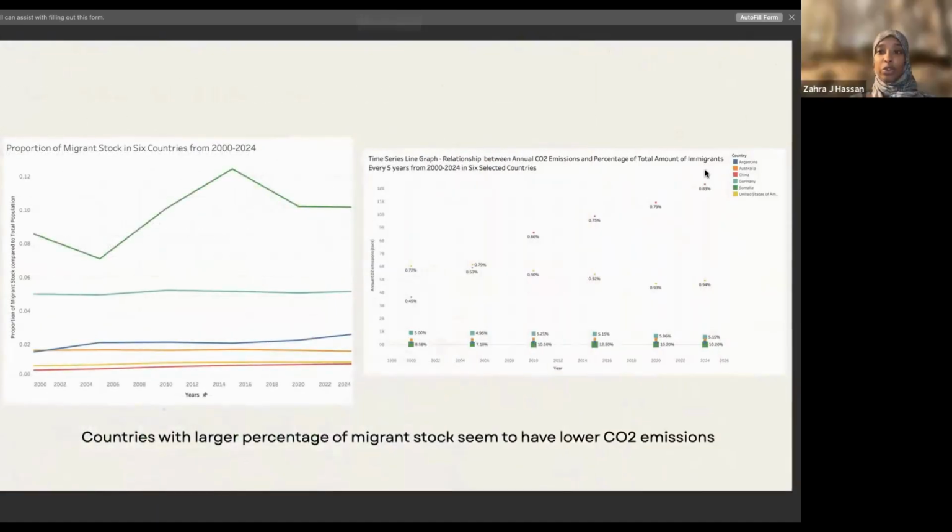Yeah, just comparing those two graphs really quickly so you can have a visualization of both of these graphs at the same time. What was an interesting trend is that countries with larger percentages of migrant stock have lower CO2 levels. It seems China is the only country that has an increasing trend of CO2 emissions, while other countries seem to either be more constant or almost at a downward trend. However, we would definitely need to study other correlations and look more deeply into what other factors might impact CO2 emissions and whether it is directly tied to migration.